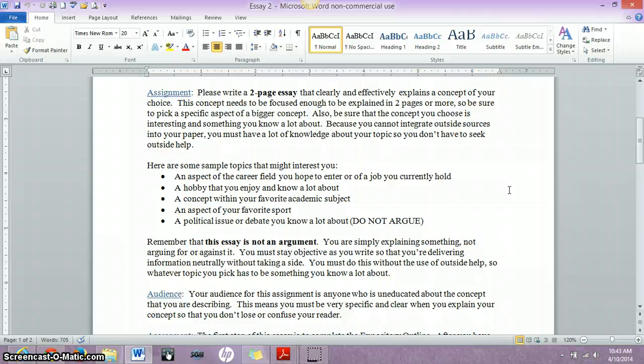But you don't want it to go 10 pages long either. So it's got to be enough for you to cover in 2 pages, hopefully no more than 3. So it's got to be a pretty specific aspect of perhaps a bigger concept. You've got to keep your topic narrowed and focused, and writing your thesis statement will help you with that, but we'll get to that.